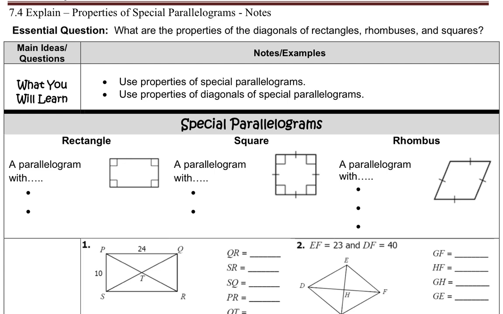The first one is that it has 4 right angles. And you guys already knew that, so that's not a new thing, okay? The next property is that the diagonals are congruent. So now my diagonals